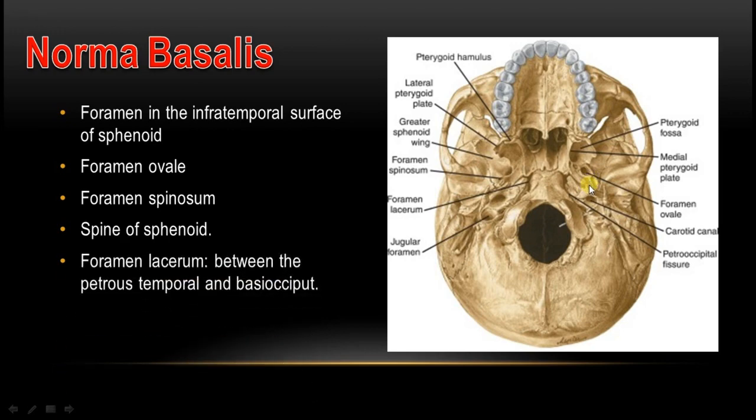Then one more foramen you come across. This is actually called the foramen lacerum. The name itself is lacerum because the margins are lacerated or cut like that, irregular. That is why it is called the foramen lacerum. It is present between the petrous part of the temporal bone and the basilar part of the occiput. Basilar part of the occipital bone. It is actually not at all a foramen. It is a gap. Okay, so it is a gap, and in the foramen you will see it will receive